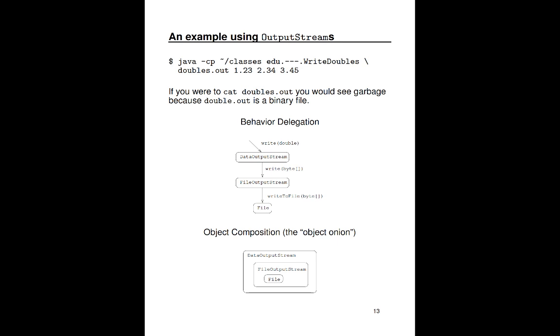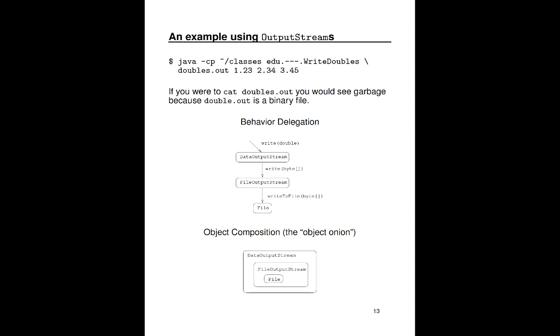So you would run this program like the following. You would invoke the write doubles main method. You would provide arguments like doubles.out, which will be the name of the file to which the double values are written, and then provide some double values like 123, 2.34, 3.45. Now, assuming the program runs successfully, you could look at doubles.out, and if you were to do so, you would